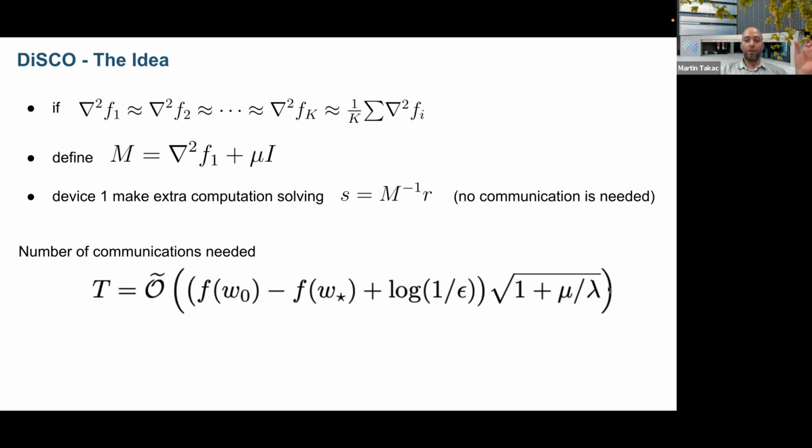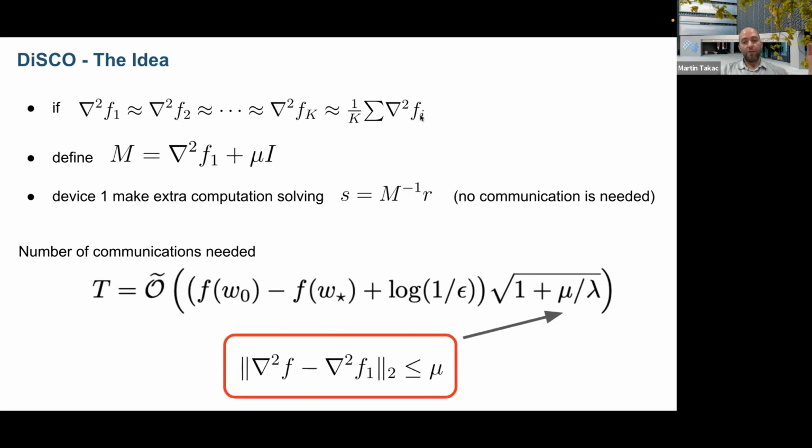Actually, L will be the L2 regularization for the logistic regression, for example. And the mu will be, what do you think? What is mu? The mu should be how far is my preconditioning of my local Hessian from the true Hessian of the whole function, right? So basically, the mu is some kind of bound between the Hessian and the Hessian on the first device, which is doing the preconditioning step, right? Again, if my Hessians are the same, then mu will be 0, and therefore I don't need to do actually almost anything, right?